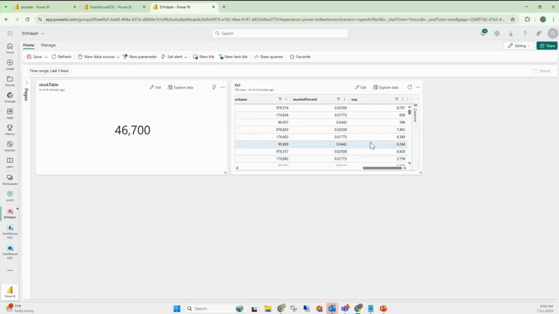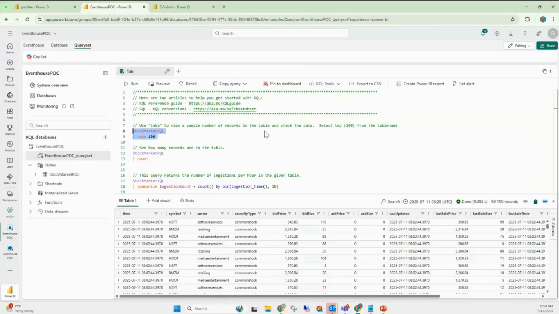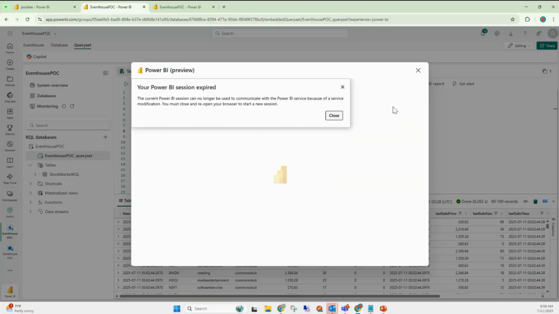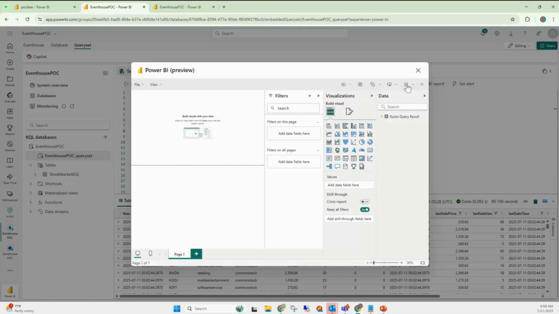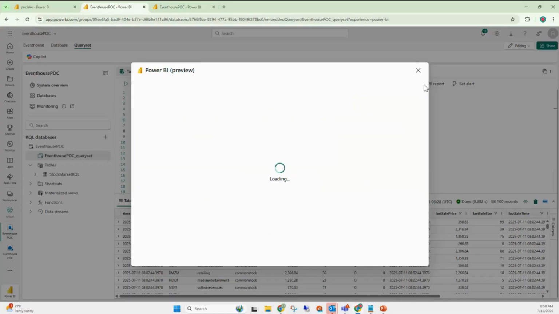So this is how one can leverage the dashboard and do real-time analytics on top of the real-time streaming data. I can even create a Power BI report pertaining to this aspect. And then finally,